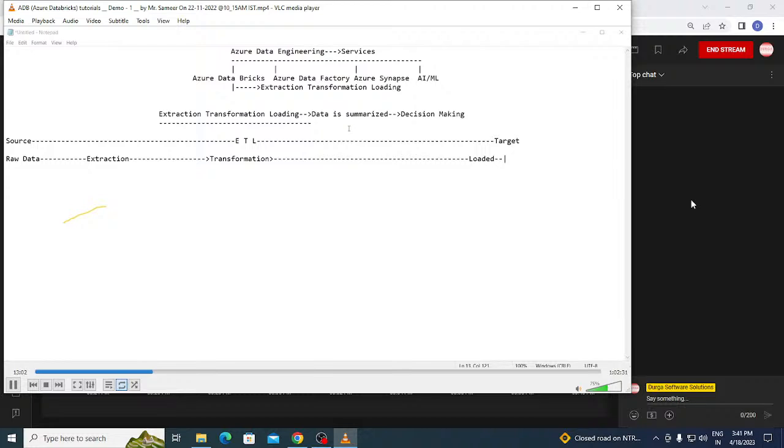Ultimately, once the vegetables are cooked and ready, then what will you do? Finally, you will eat. That is nothing but called as what? Loading. Same way, guys, picking up the vegetables from multiple, 100 vegetables are there, but you are picking up only 5 vegetables. And the process of picking up vegetables from the supermarket is called as what? Extraction. It is called the process of extraction.